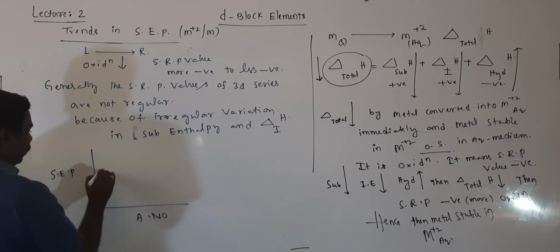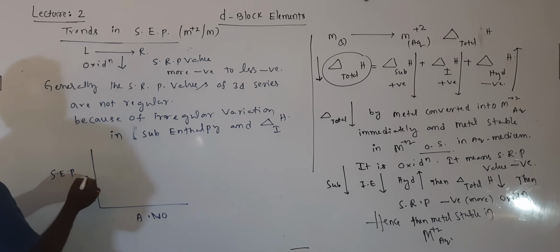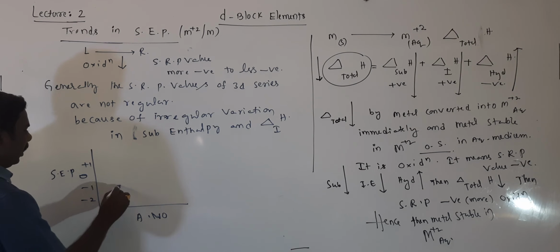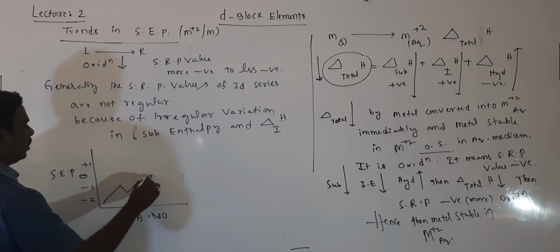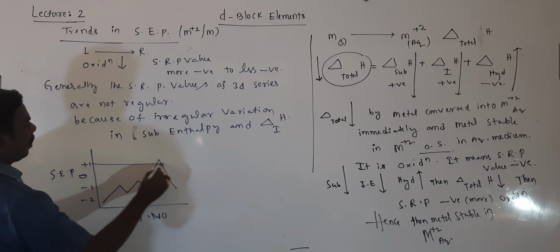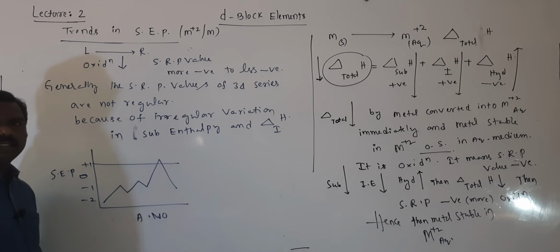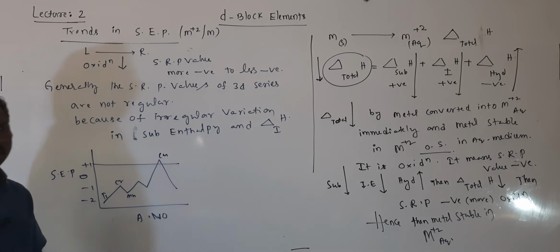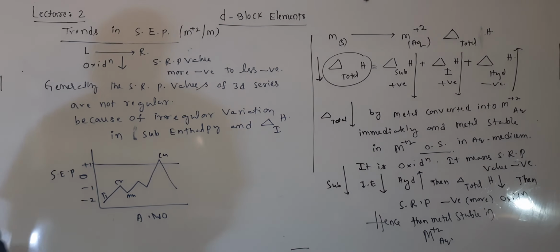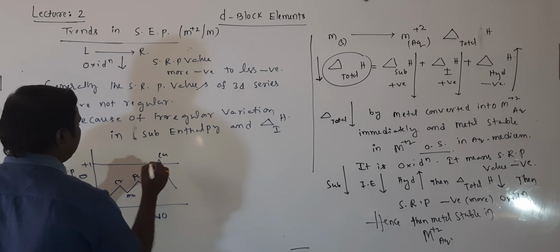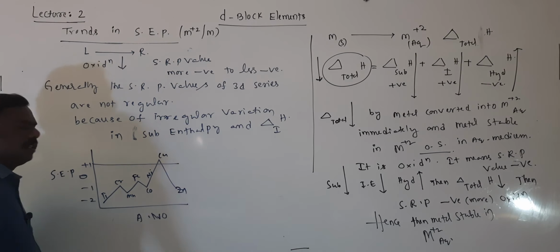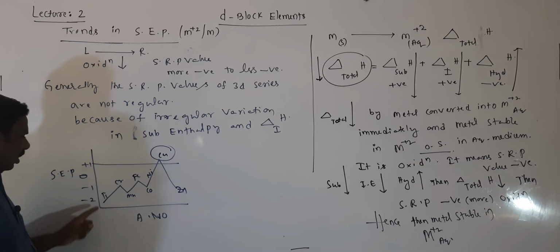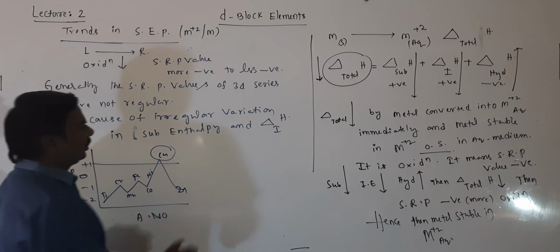Now, this is -2, -1, 0, now it is +1, like that. In the beginning it increases, decreases, increases, decreases, and again it is like this. So this is for copper actually, +1 it is. Titanium, vanadium, chromium, manganese, iron, cobalt, nickel, copper, zinc, the 3D series elements. Copper only has a positive electrode potential value, remaining all have negative values.